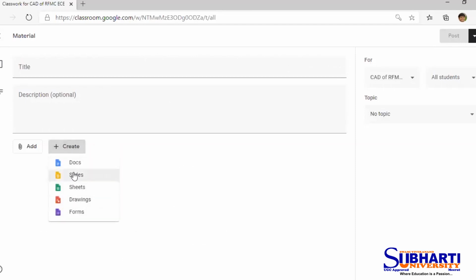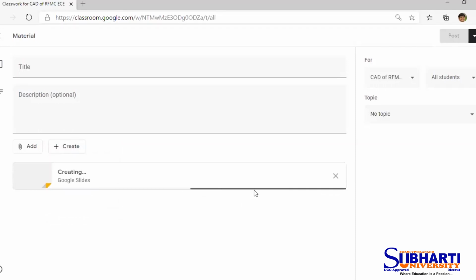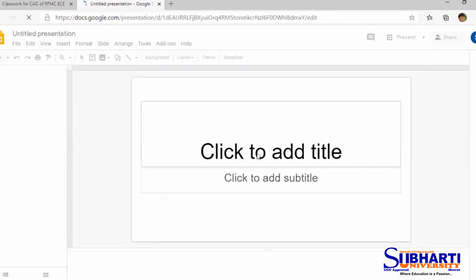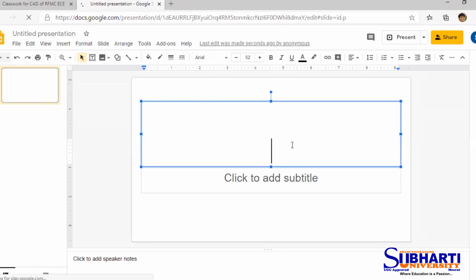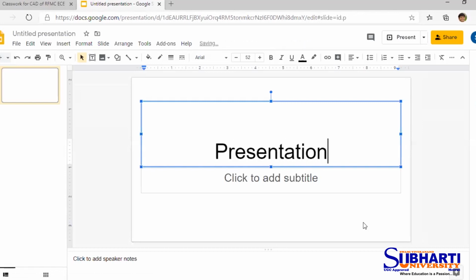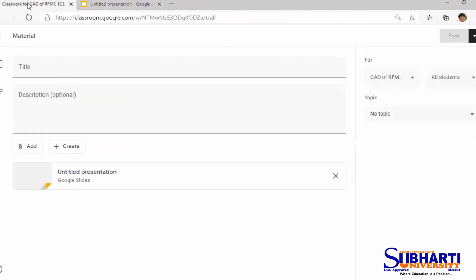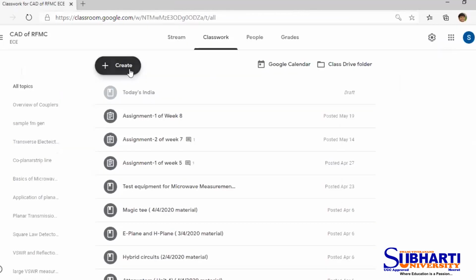And for an example, out of all these things, I take the example of slides, and this will open Google Slides. So you can actually go ahead and make a live PPT and then choose to upload it by editing it and preparing it on the go. So this is a way I can add the slides just like the other portions are taken care by Microsoft Office.